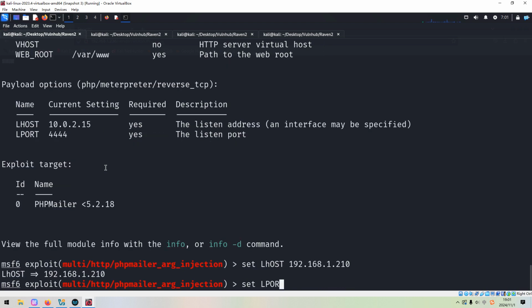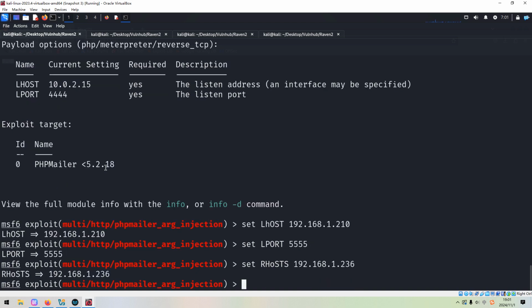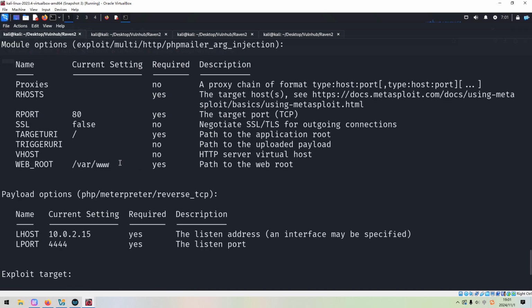We do not need to change the payload type, and we can set localhost to our Kali Linux. Set local port number to 555. Set remote host to our target. And the port number, we just leave it as it is, 80. And target URI, of course, the page we are trying to exploit is the contact page.